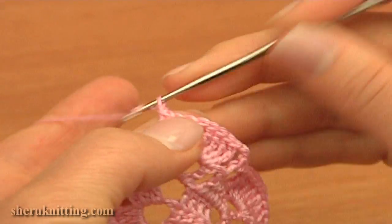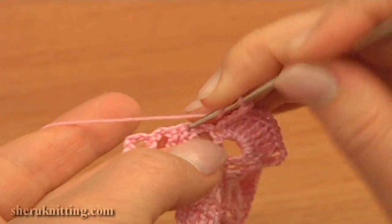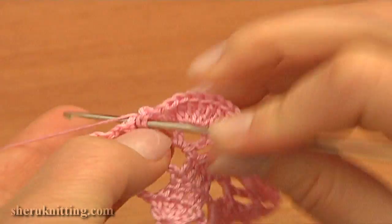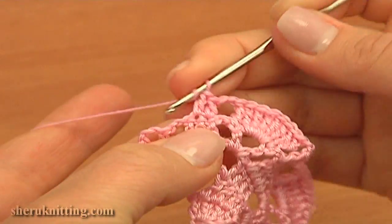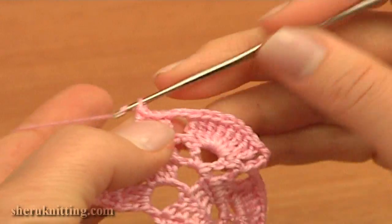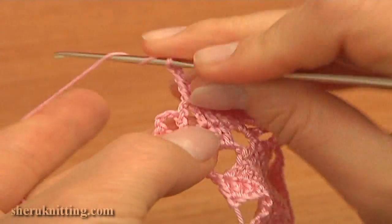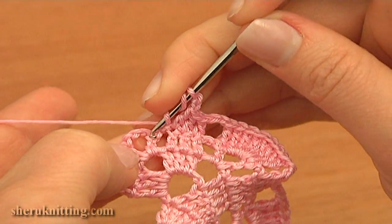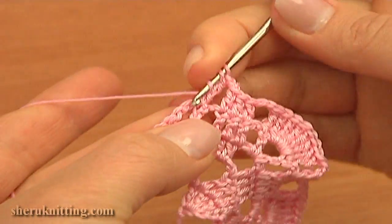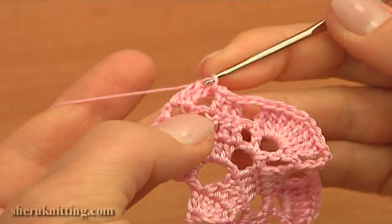then chain 2 and double crochet through in each of next 3 double crochet stitches. 1, 2, and 3. Repeat again, chain 2, treble crochet through the next double, into the next chain space, treble crochet 6, 1,